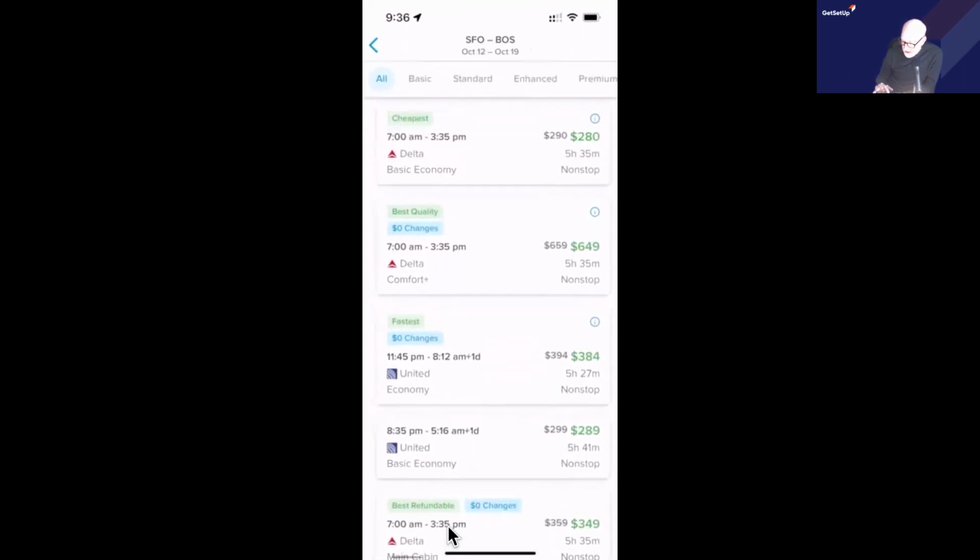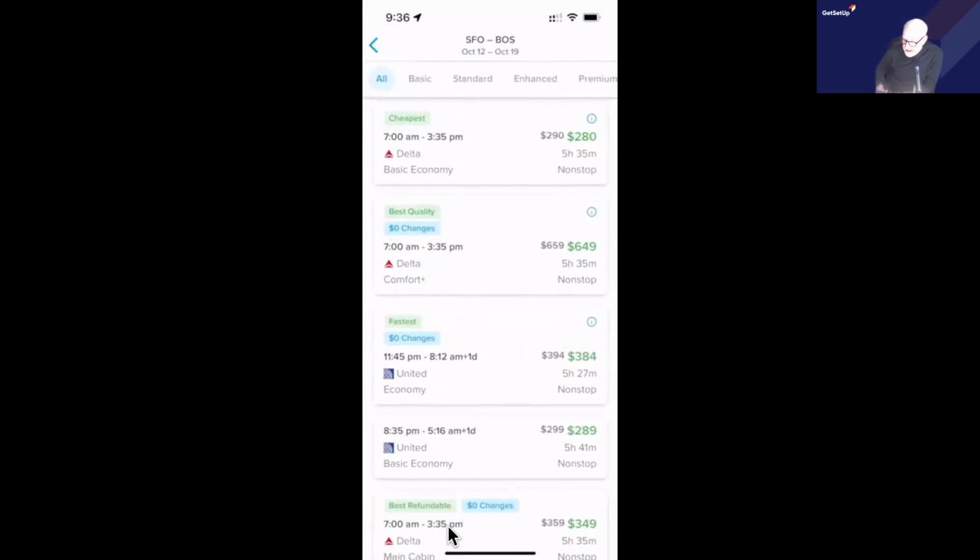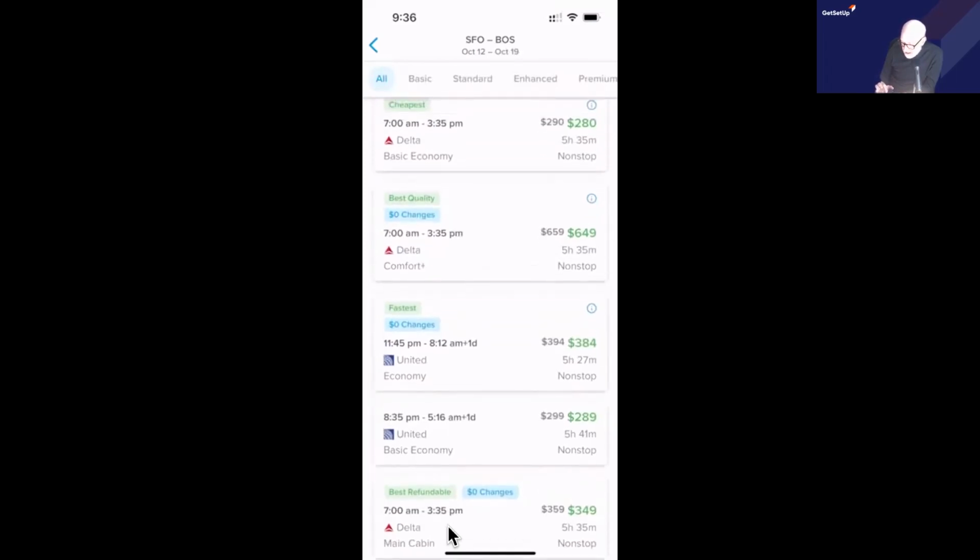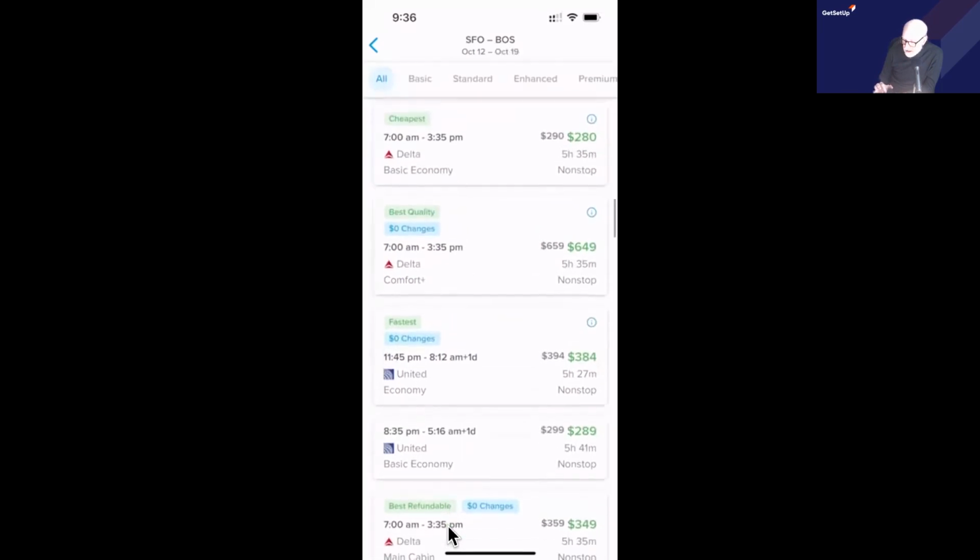And I'm noting here that for 280, Delta Basic Economy, that's their lowest ticketed price, has got a nonstop for $280. That is incredible. Wow. Because you notice down here for another $100, United also has a nonstop. However, look here, if you want to take a red eye and travel for a long time. Well, let's see. That's not that red eye. They've got a $289 red flight. So really between these two, the cheapest and this one down here that's nonstop